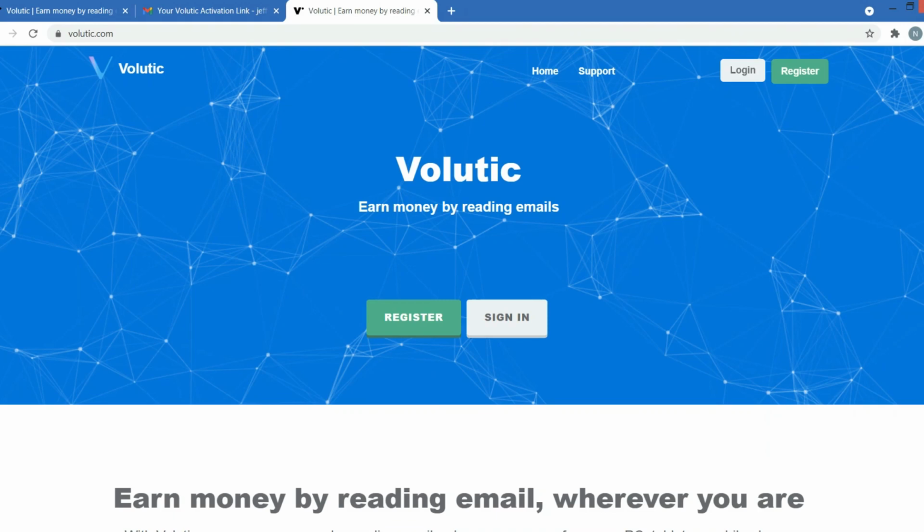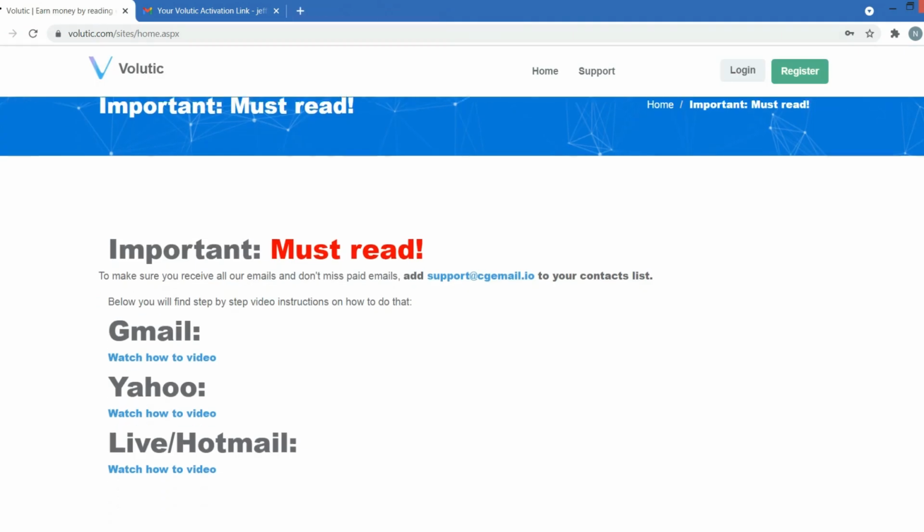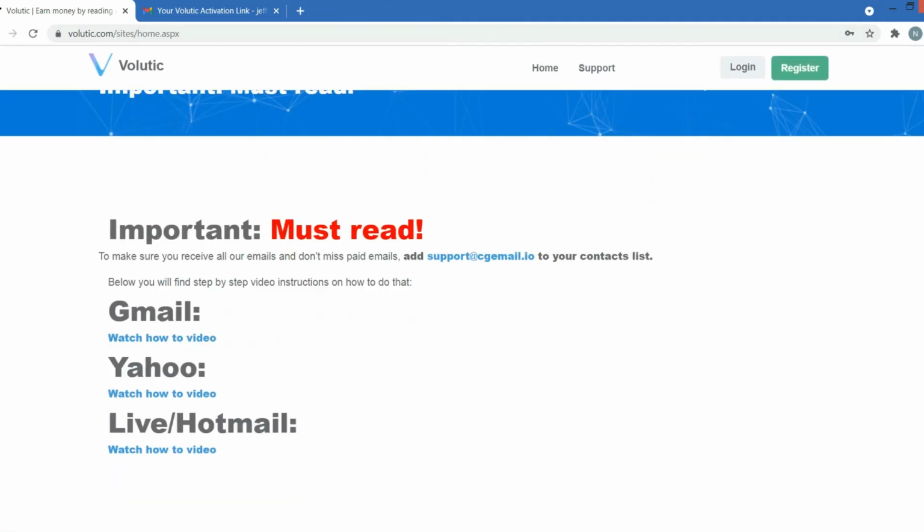So once you get to this website, the first thing you want to do is click on register, and then this form will show up. And then once you're here, you can fill in the form and click register, but I already did, and it should bring you here. And here you will see that they're asking you to add this email to your contact list,